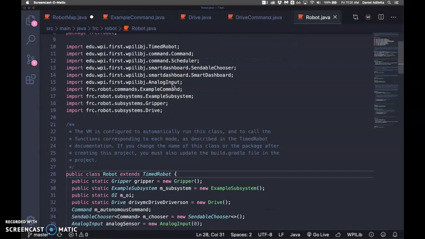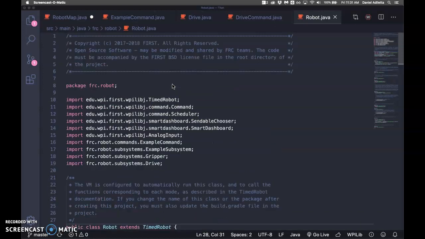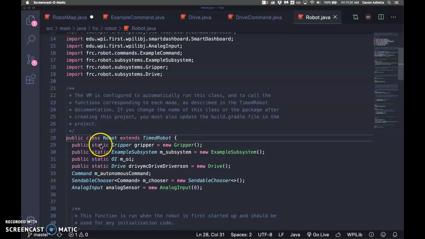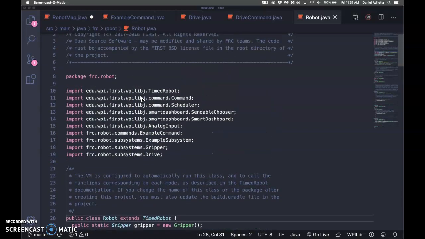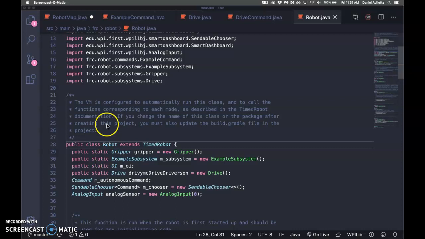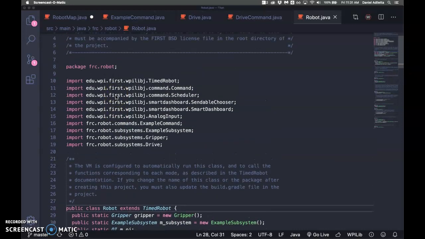Okay, so we already talked over what the command pattern is in the previous welcome video. Now let's really focus on Robot.java. Look at all what's happening here. I'm going to throw out some terms like instantiate and static. Some of these will be a little bit more advanced. They're discussed in AP Computer Science, not necessarily too easy to wrap your head around at this point, but